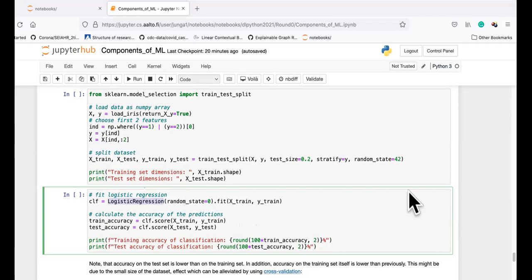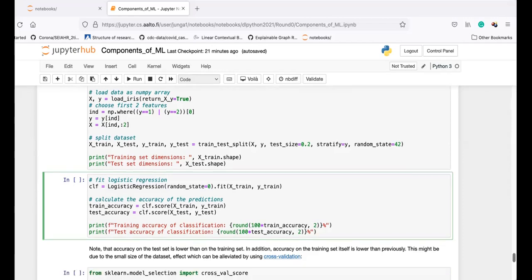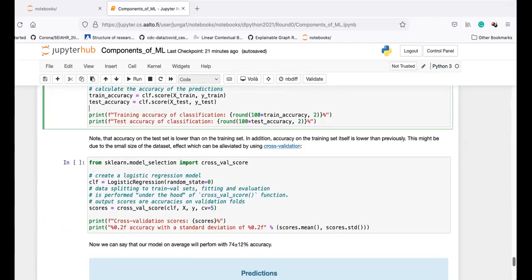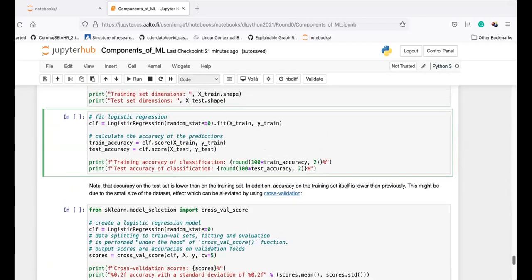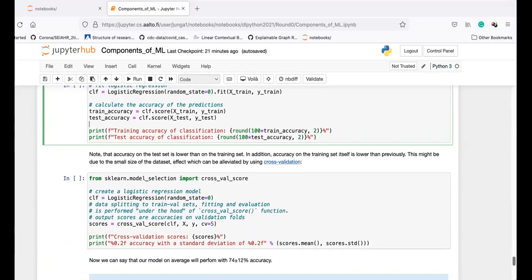Whereas in linear regression, we try to predict a numeric variable. Which loss function do we use for linear regression? Squared error loss, yes. Linear regression by default uses the squared error loss.